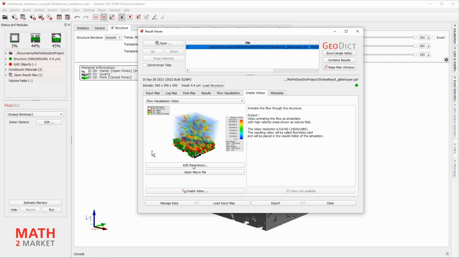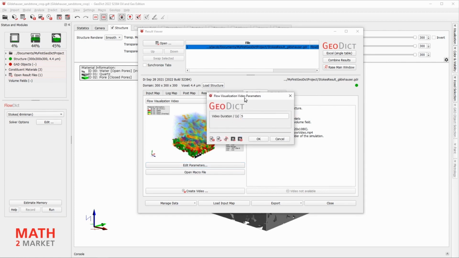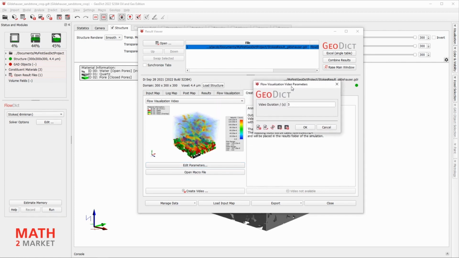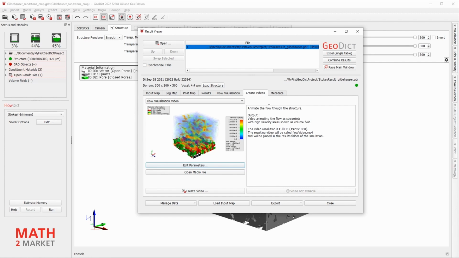To choose the parameters for the corresponding videos, click Edit Parameters. For the chosen video style, which is Flow Visualization Video by default, you can change the video duration here. Feel free to try this after the workshop.